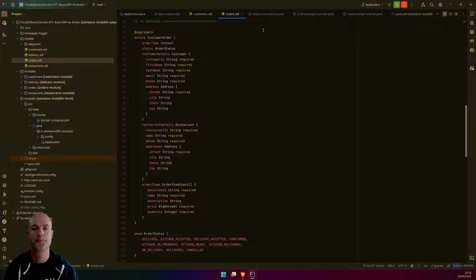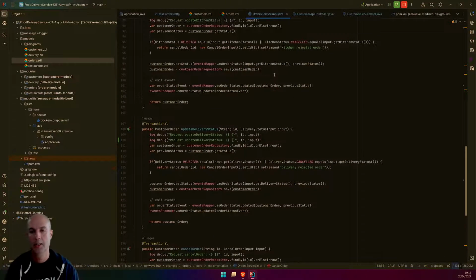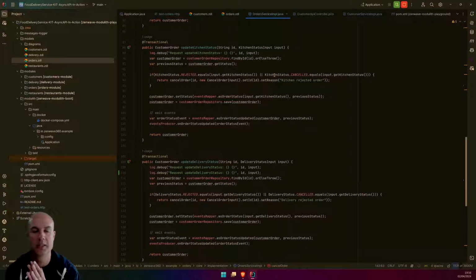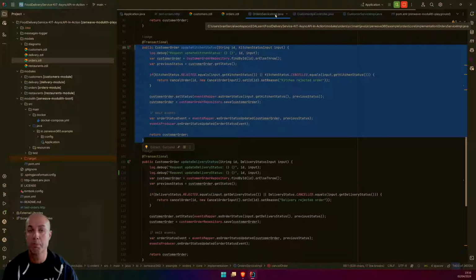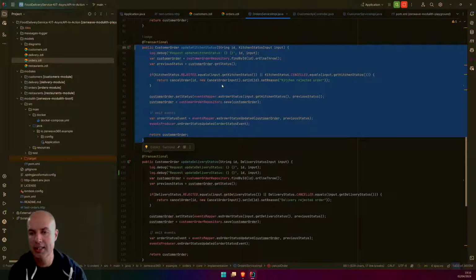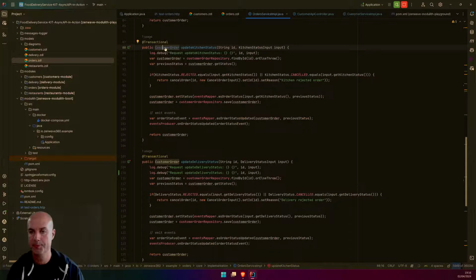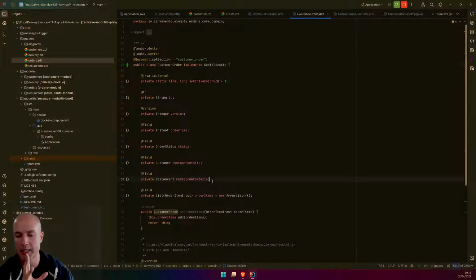So I want to show you that this implementation is very, very straightforward. It doesn't have any strange dependencies, just Spring Boot, Spring Data, Spring Cloud Streams, MapStruct, and Lombok. And it's very simple, very straightforward, very easy to understand, very easy to maintain. Where all the logic is exposed on services, and the entities are just holding the data, right?